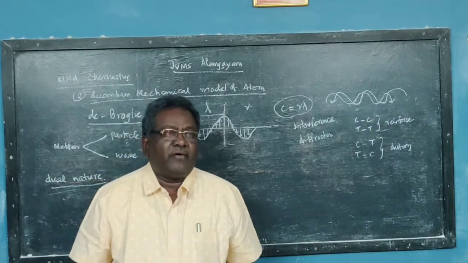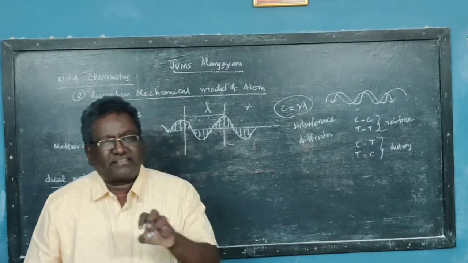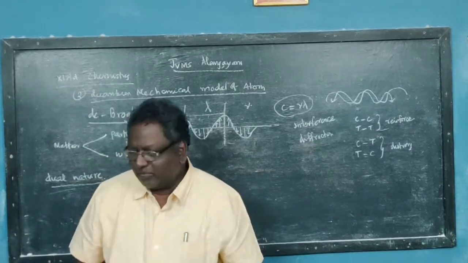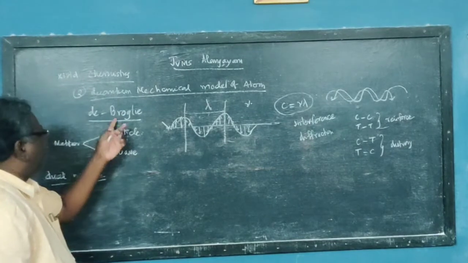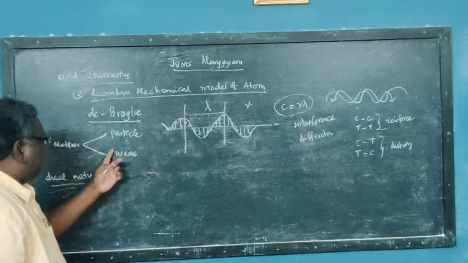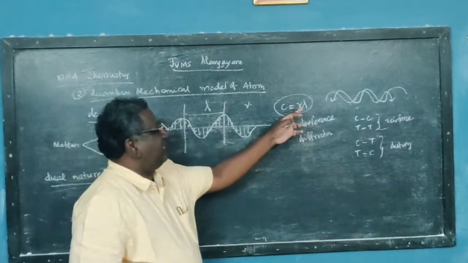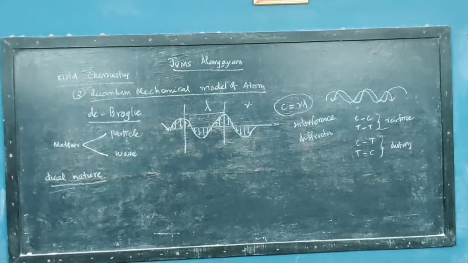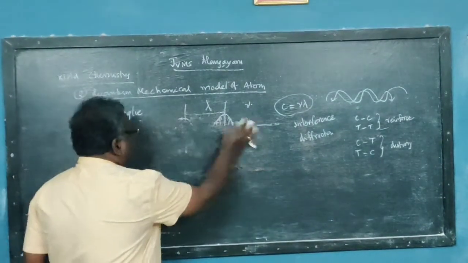Therefore, now our topic is atomic structure. We know that protons and neutrons are present in the nucleus. Now we are studying the placement of electrons around the nucleus. Now it has been suggested by de Broglie that electron is having what nature? Wave nature. When there is wave nature, definitely it must have what? Wavelength. How to get the expression for the wavelength? How to measure the wavelength of de Broglie waves? Right? That's the next topic that we are taking up.